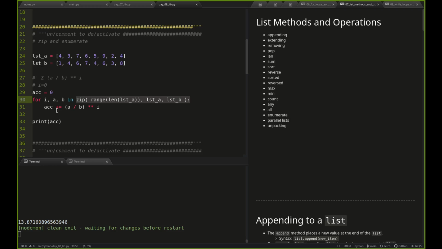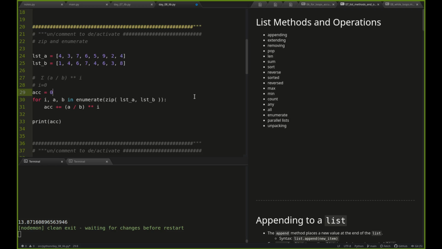But what I prefer, and this is where using enumerate comes in. You can see this range call is a little funky, and it's also a little funky because maybe I don't know if list A and list B have the same length. Just getting the length of one of these random lists, it'll work, but there's something about it that feels a little off. So it might be nicer to enumerate, and what my personal preference would be in this case is to enumerate zip. Now you can also zip in enumeration, but I think it makes a lot more sense to do it this way. The problem is